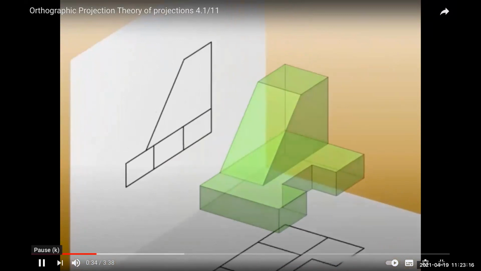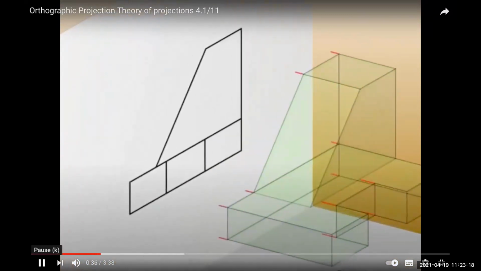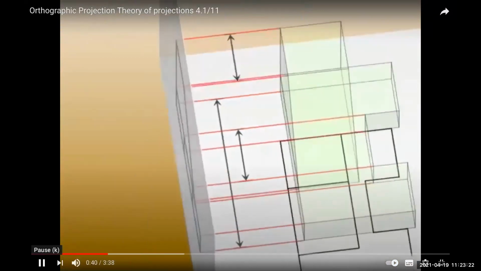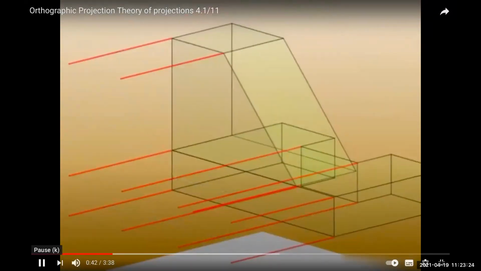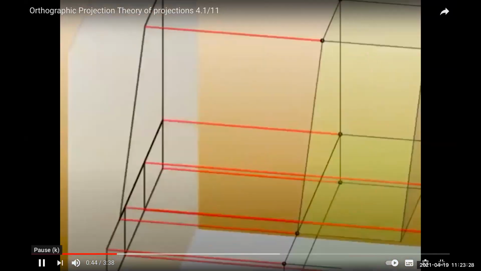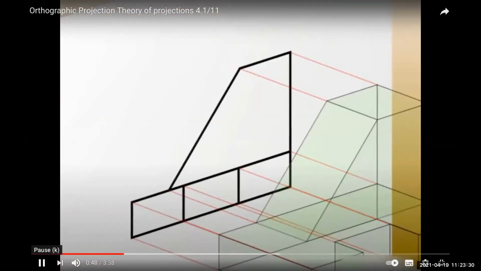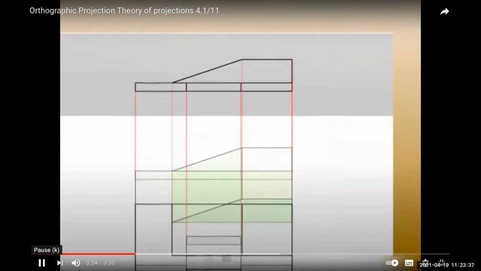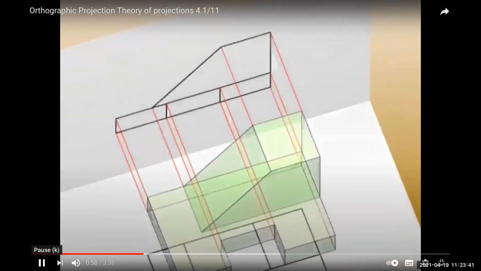We will use orthographic projection, where lines of sight are parallel to each other. These lines emerge from the corner points of the object and strike the projection plane. The image formed on the projection plane is known as the projection. The lines of sight are also known as the projectors.